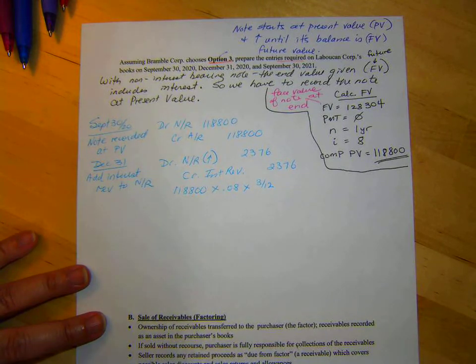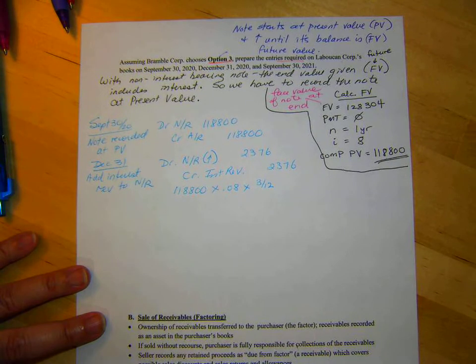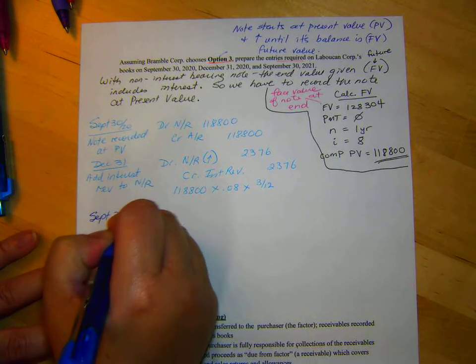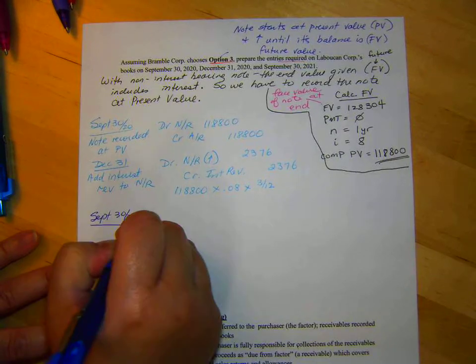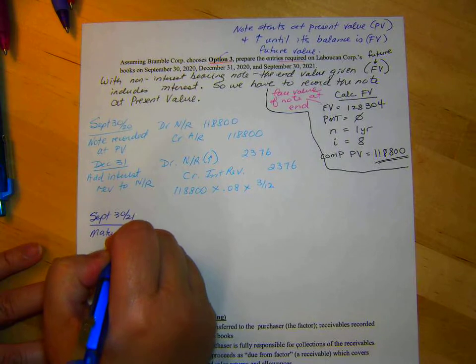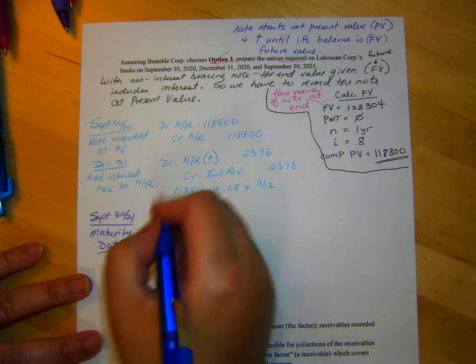Okay, so when's the next time we do something? September 30th. So it's the next year, it's September 30th, 2021. And this is the maturity of the note. Remember, it was a 1-year note? So first,